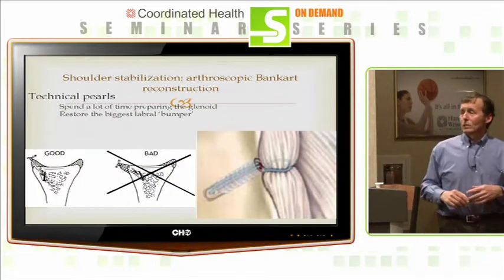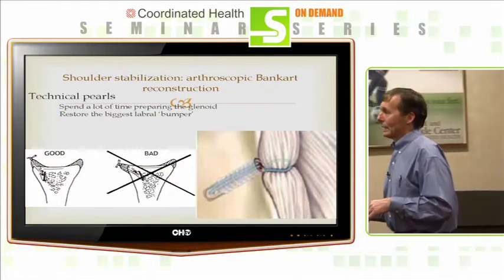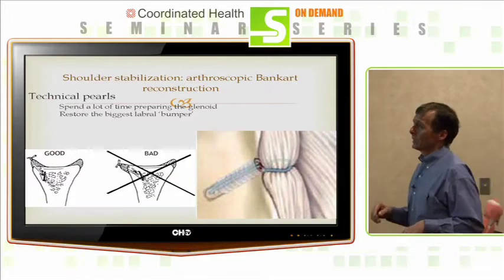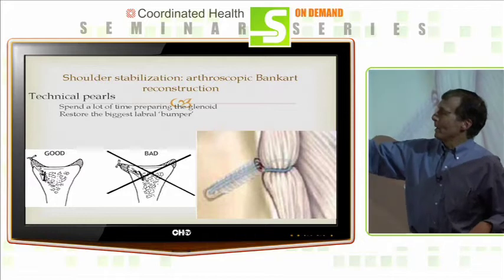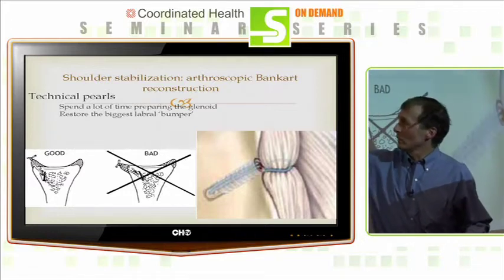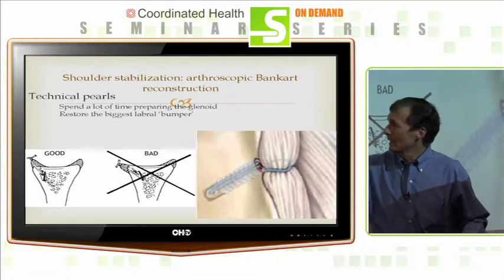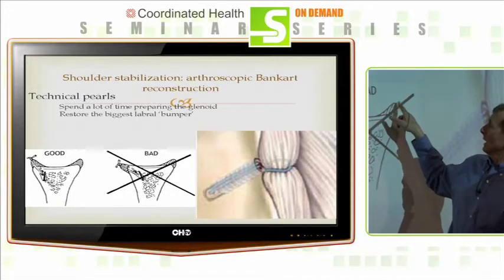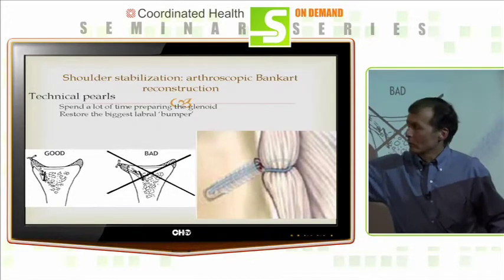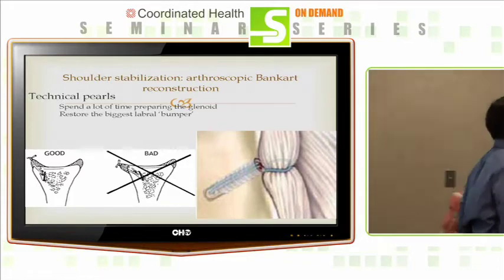This just is a technical pearl, but I gave this talk to a group of orthopedic surgeons. You can see that when we repair the labrum, you want that bumper up as high as you can, and you can see the bumper we're creating. And you don't want it out here because the shoulder is still unstable, doesn't have that nice big rim of tissue that we saw in that last picture.